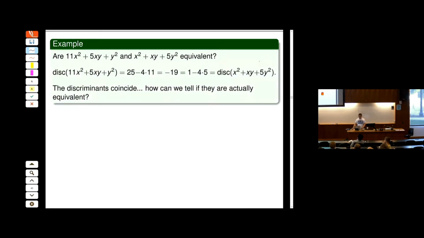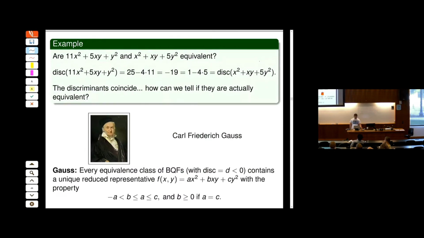Well, they do have the same discriminant, so are they actually equivalent? They are both forms of discriminant minus 19. So are they actually equivalent? All right, so now we need something better to actually tell whether two forms are equivalent, and that's something that